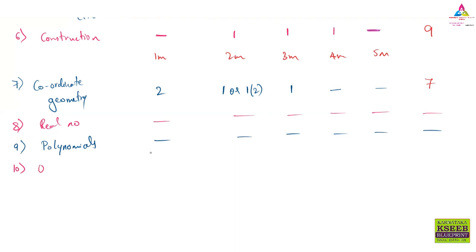Coming to the 10th chapter, it is quadratic equations. The 10th chapter name we have is quadratic equations. In that chapter, here one more thing: the question may be 1 or 2. It is not certain that only one question will come from this chapter, or two questions from the multiple choice or 1 mark questions, that we don't know exactly. So maximum 2 or minimum 1 question will be there.